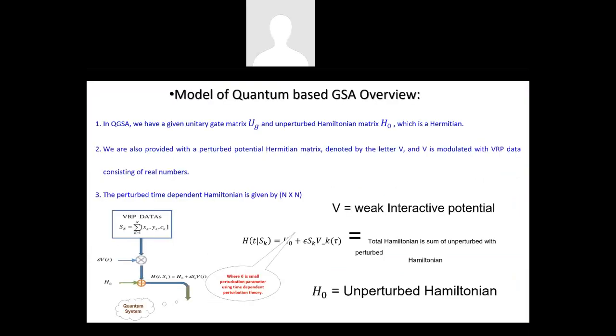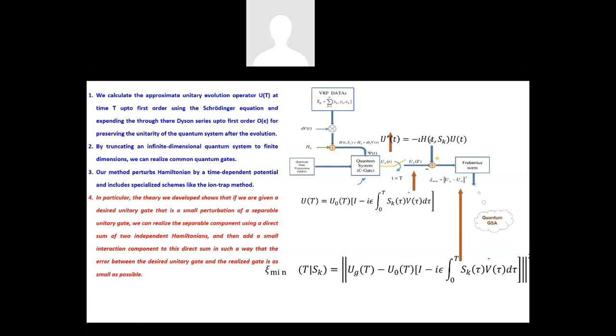So first, in the first segment, you have to prepare the H naught. This B is your potential, put in your data and write H naught. So anybody who wants to develop a quantum algorithm first has to write the Hamiltonian. When you prepare your Hamiltonian, then you can start the second step. The second step is to check whether this derived unitary gate is your identity or not. If it is not identity, then put it into the discretization technique and